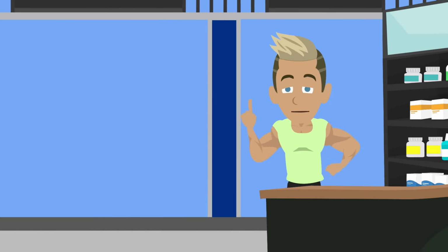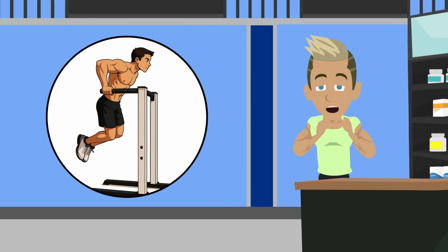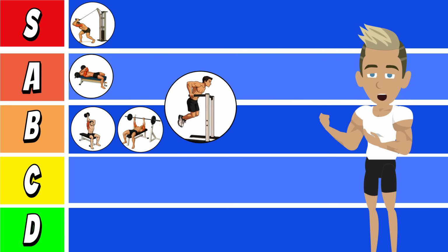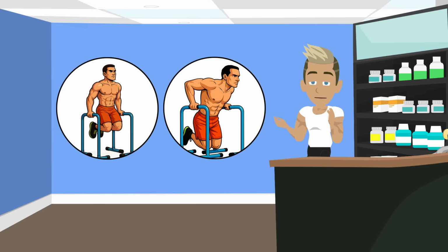Now the dips. The classic ego move. Done right, it's one of the most effective triceps builders in existence. Done wrong, it's a fast track to shoulder surgery. We're calling it B tier, and here's why. Dips train your triceps through a big range and let you overload easily, but they're unforgiving on the joints if